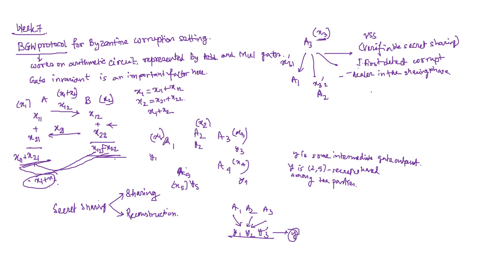Even if a3 is corrupt, the verifiable secret sharing must ensure that x3 1 dash, x3 2 dash, and so on should be valid shares of some x3 dash. If not of x3, it should be valid shares for some other secret, right. So that is to be ensured by a verifiable secret sharing protocol. And then